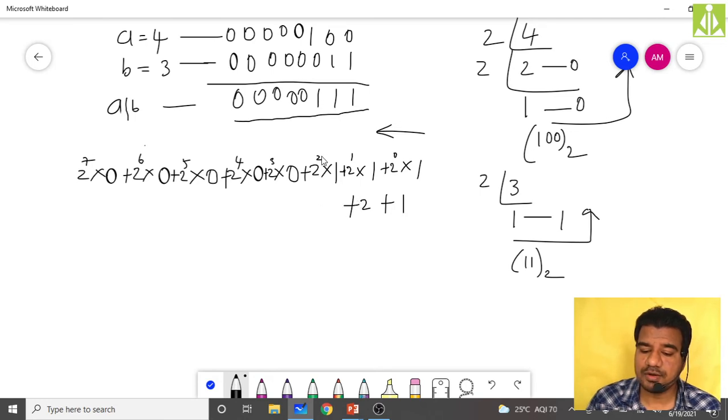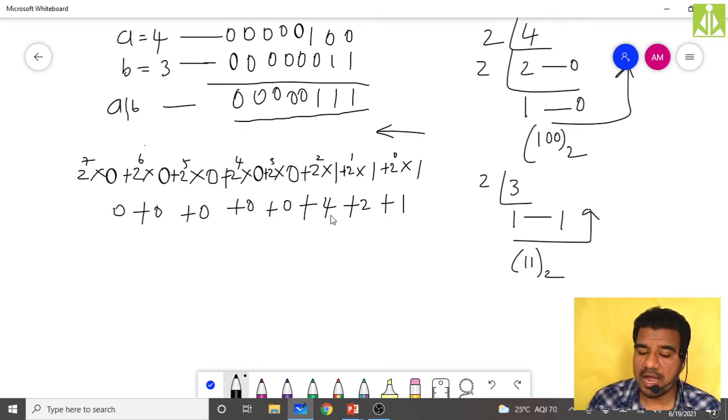Plus 2 power 2 is 4, multiplied with 1 gives 4. Plus 2 power 3, 8 multiplied with 0, 0. Plus 2 power 4, 16 multiplied with 0, 0. Plus 2 power 5, 32 multiplied with 0, 0. Plus 2 power 6, 64 multiplied with 0, 0. Plus 2 power 7, 128 multiplied with 0, 0.